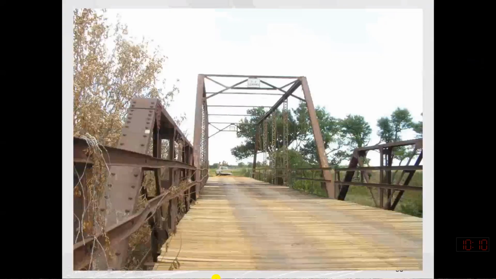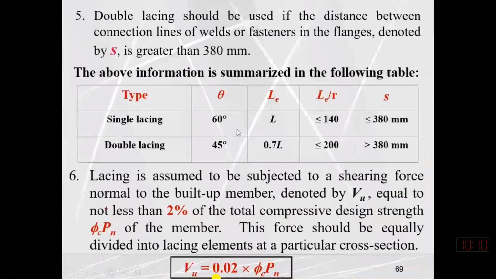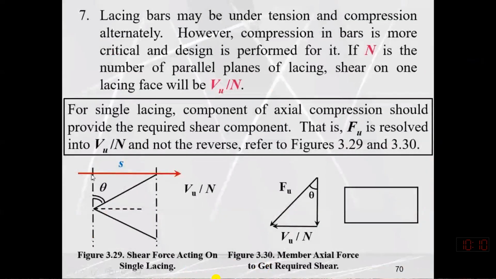And similarly, because this VU is acting in the transversal direction, this angle and this angle will be the same, but we are supposed to determine this component, or we are resolving this force along this axis. Or you can say that this might be the resultant force, and then this force will be the vertical component of this force.